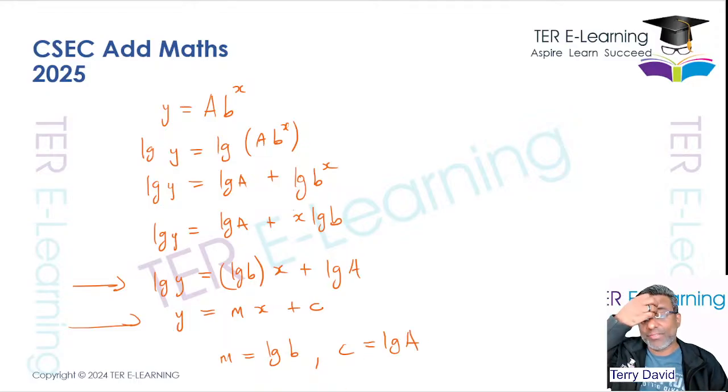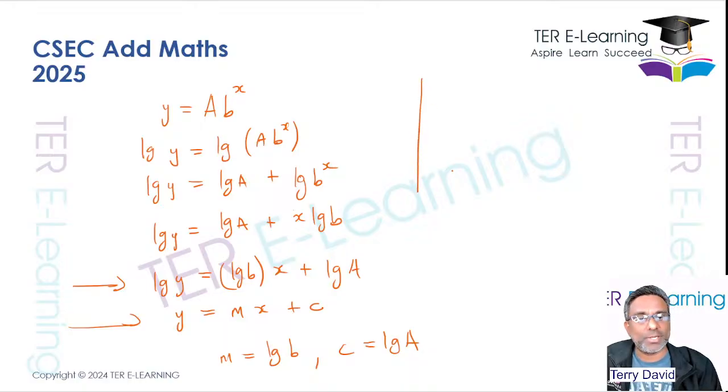Now CSEC can give us a question like this. They can give us data and they can actually make us plot a graph, right? The graph that I need to plot here in order to get a straight line, if I plot log of y against x, I'll get a straight line. So this here has to be log of y, this has to be x, and the graph might look like this,